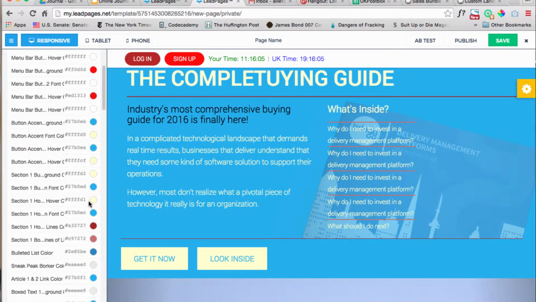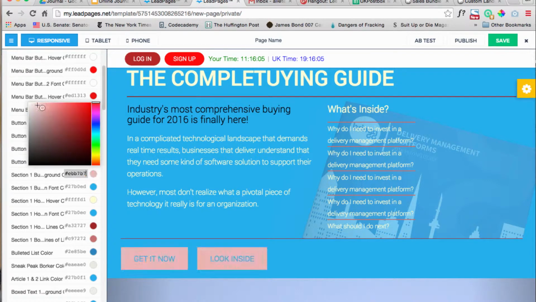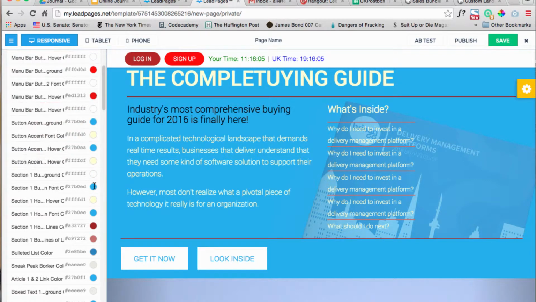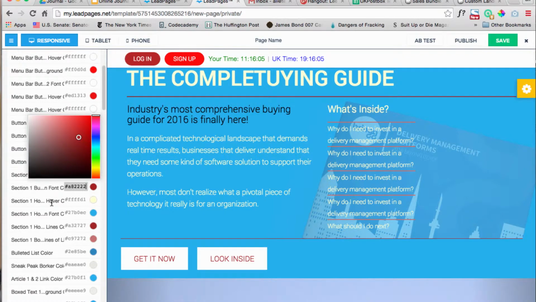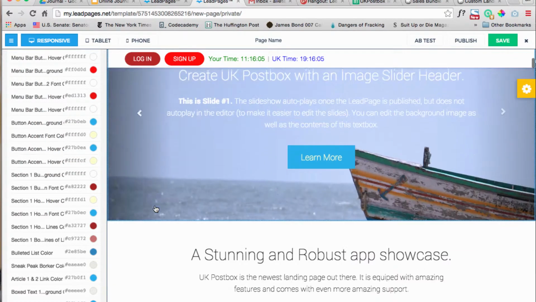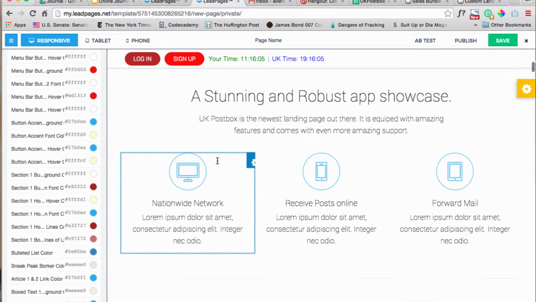So we have section 1 button background, so this is right here. You can see that's where you change it. And then you can change this and similar. But if we want to change this button and then all the other buttons, what we're going to do